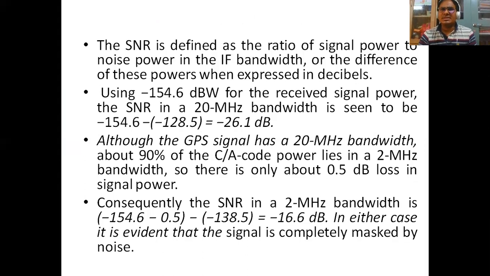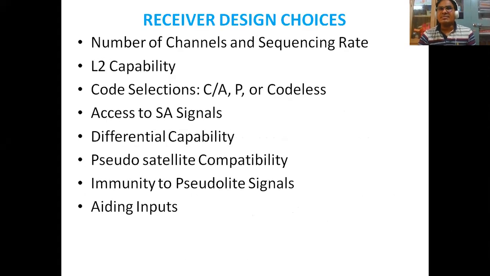Of course, these may be because of the loss factors that we have studied in our previous class. And the next important point in receivers: we know how the signal is received by a receiver and how it is processed in the different stages. Now, there are some exclusive receiver design choices. A receiver has to meet these requirements when we are choosing a perfect GPS receiver.